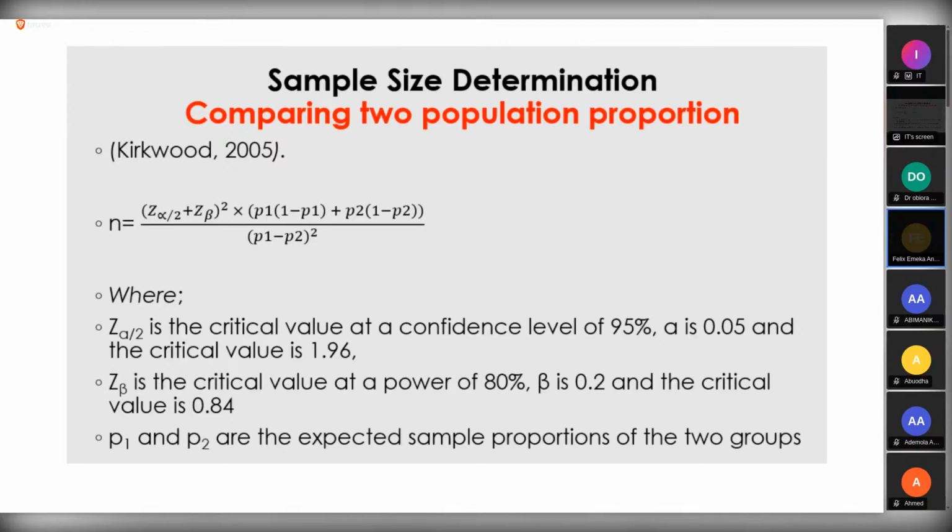So imagine this study that I just showed you, where you're looking for prevalence of institutional delivery. You can make that a comparative study, meaning prevalence of institutional delivery in a private health center, and prevalence of institutional delivery in a public one. So if you're now doing a comparative study where you want to check whether there's more delivery in private than public, or more in public than private, then you're going to be using this formula, because now you're comparing two populations. So you're going to be looking for P1, which will likely be prevalence from one facility, then P2 will be prevalence from another facility.